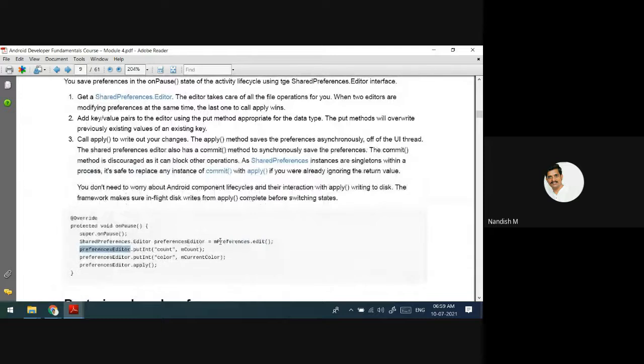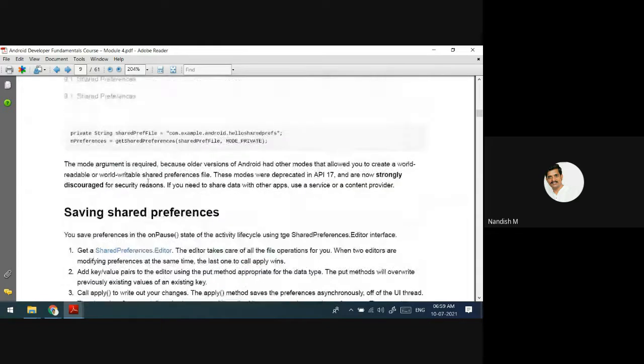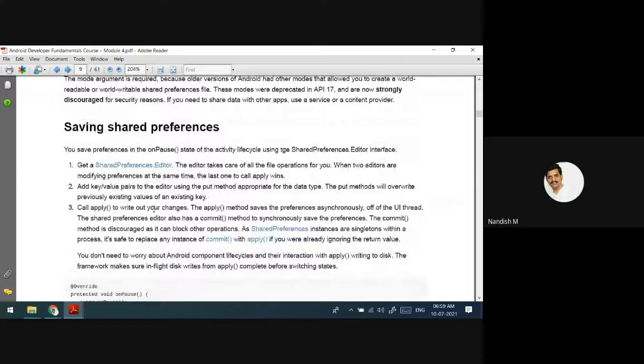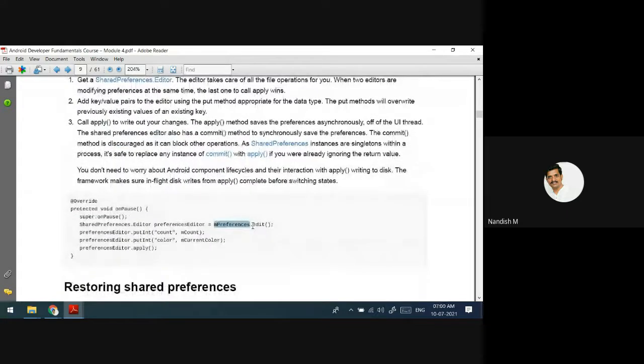See here, myPreference.edit. This is the object you have got. Inside this preference editor, you can start putting the values. Key value. Key value. What is the key? Count, 20. Color, some red. And preferenceEditor.apply. Then it saves.